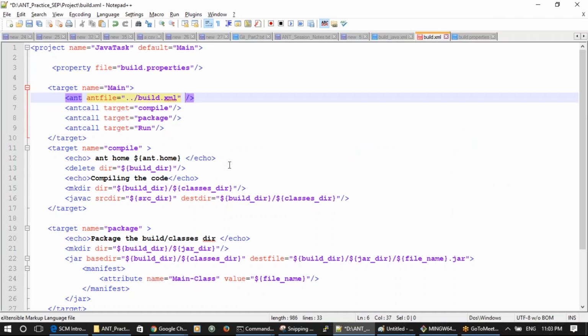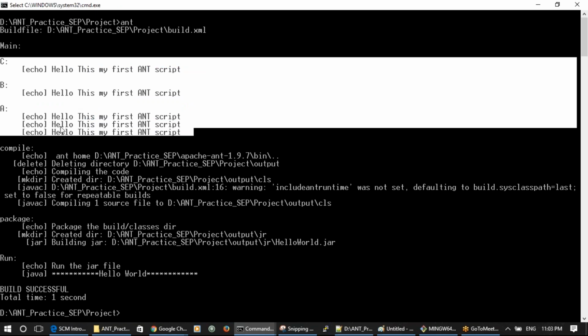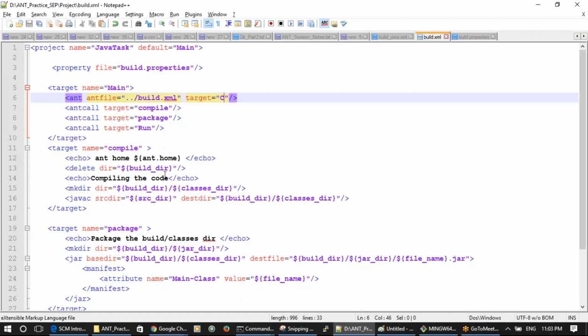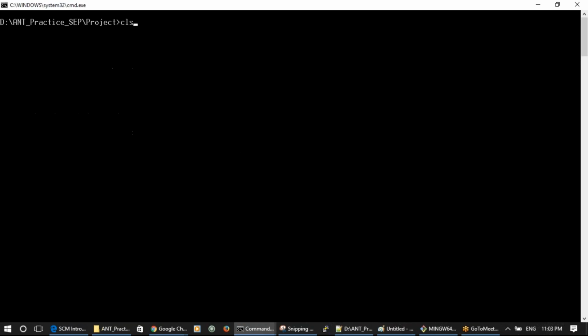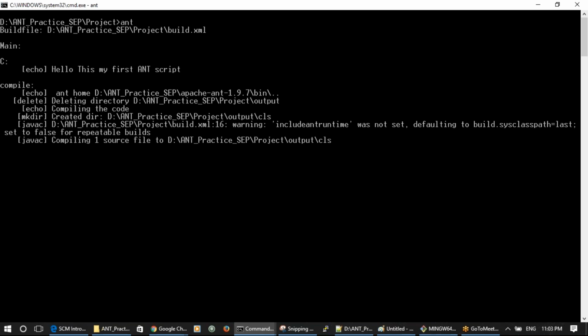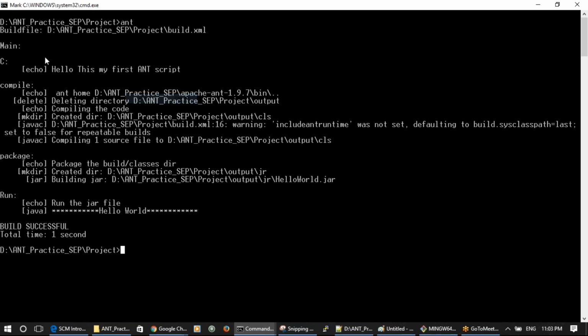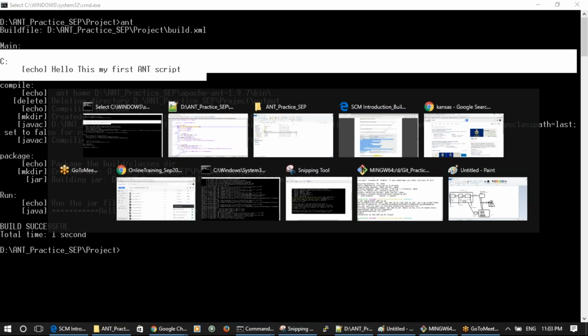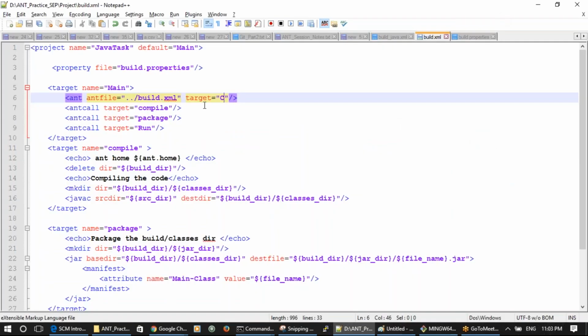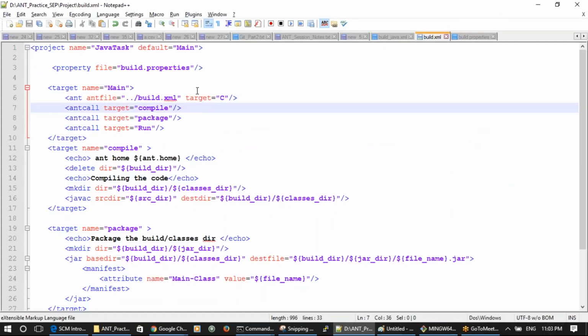Now the ant file has another feature where you can execute a particular target. I want to execute a C target. See, it is executing A, B, C, all of them. Suppose I want to execute only the C target. Now you try to run and see. Can you see only C is executing? So you can execute a particular target as well with the help of the ant file. And that's about the ant file. The next,